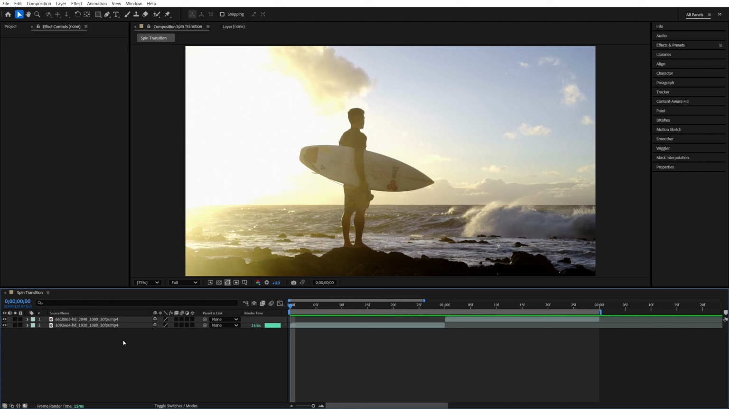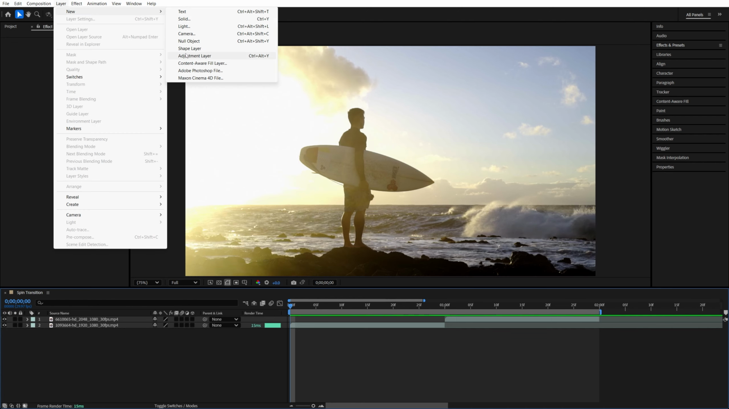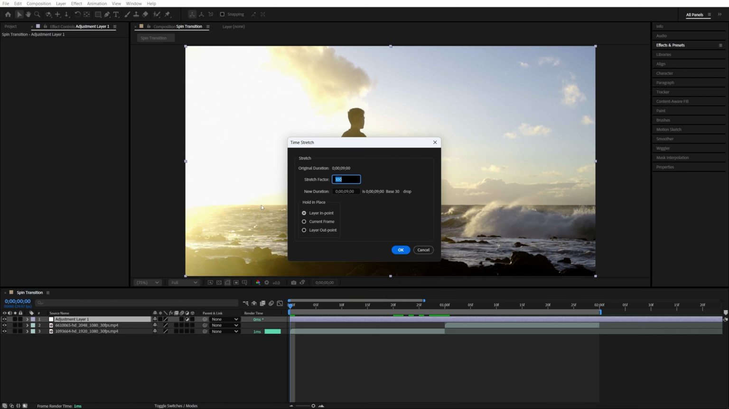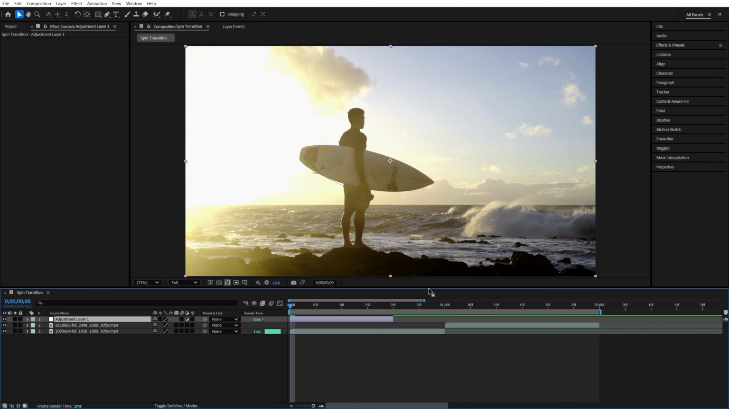Begin by adding videos to the timeline, then go up to Layer, New Adjustment Layer, then right-click the adjustment layer, go into Time, Time Stretch, and set new duration to be 20 frames, then click OK. Now move the adjustment layer above the cut so that it extends evenly on both sides of it, then open